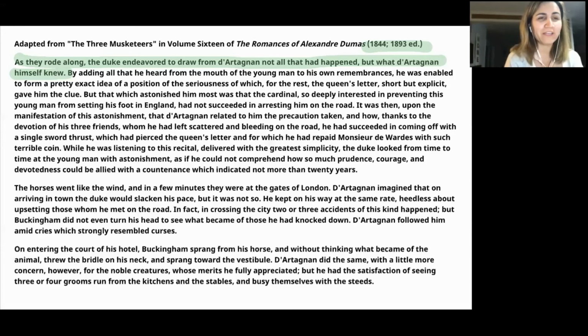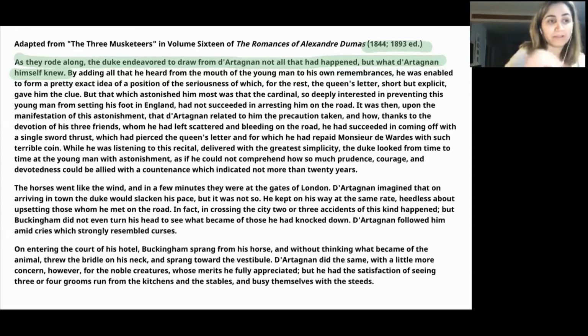Okay. And you said England because we already read this passage previously, so you're using a little bit of prior information to create that picture in your mind. Wonderful. I'm going to actually give you a little bit more further along in the text to help you narrow maybe the ages of these people down a little more, specifically with regards to D'Artagnan. Okay, so at the end of this paragraph, the Duke thinks about D'Artagnan, and he thinks highly of him. He thinks he's courageous and he's brave and he's devoted,